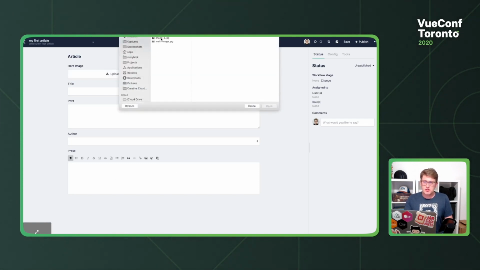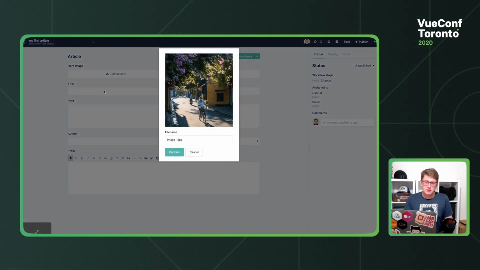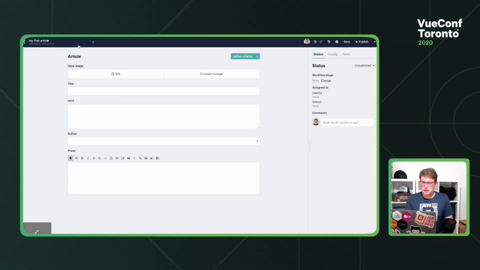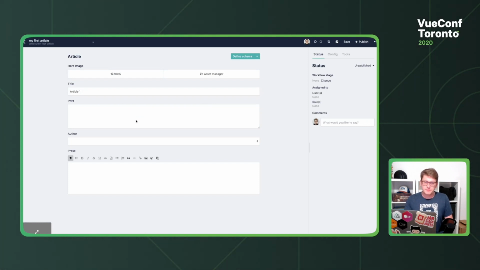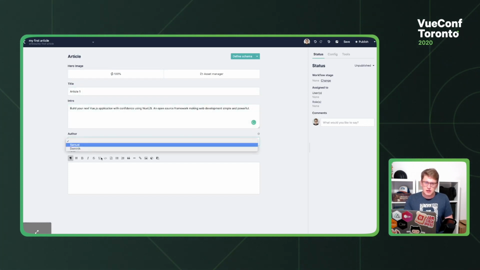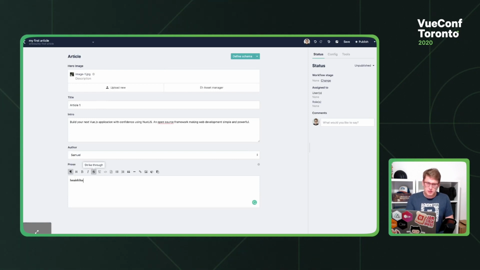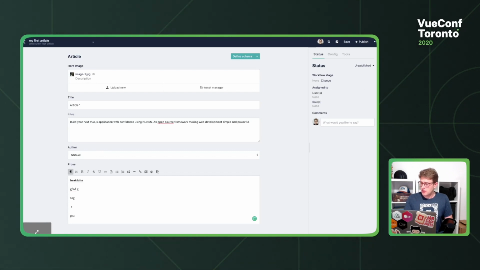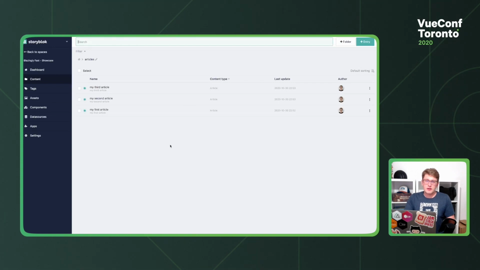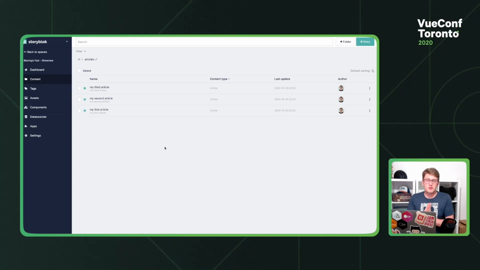So upload an image. I prepared something nice. Okay. Then let's call it article number one. Article number one. There is some text which I stole from Nuxt.js. And choose Samuel as the author, and there will be my text later, but I'm not going to do that, and save it. And let's create two more articles. Okay, I created two more additional articles to save some time,